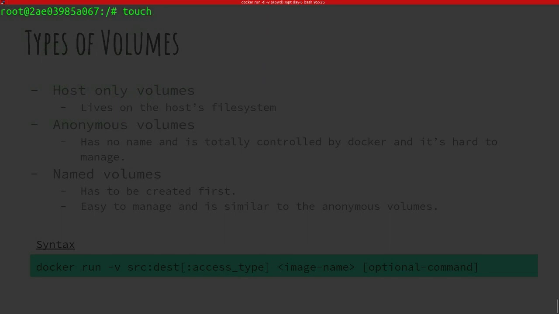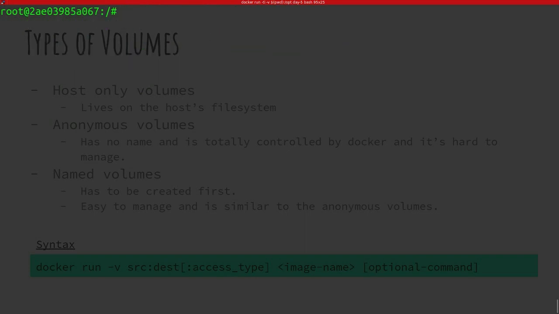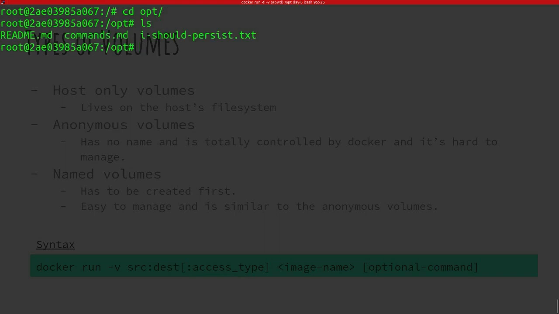And let's create another file in this folder inside the Docker container, right? So let's say the file name is I should persist.txt. I'm going to create this file, right? Okay, I created this file in the root. Let's move this file inside the OPT, right? So if I go into the OPT, now I have a third file which I want it to persist. So when I exit this container,